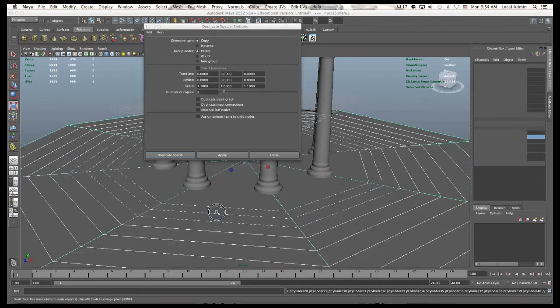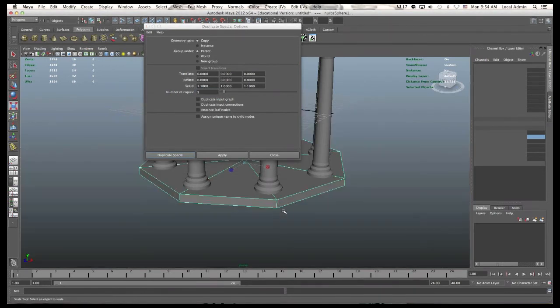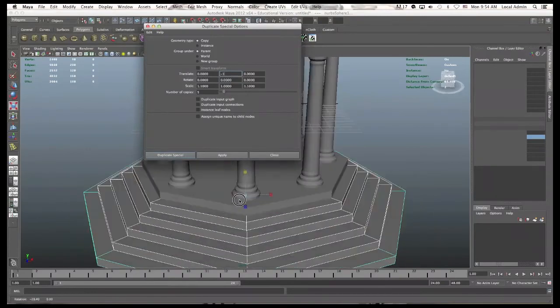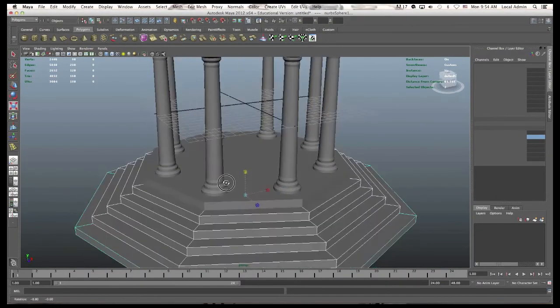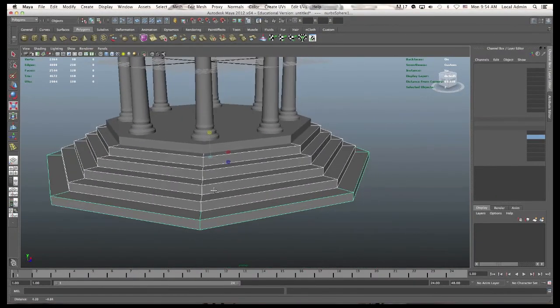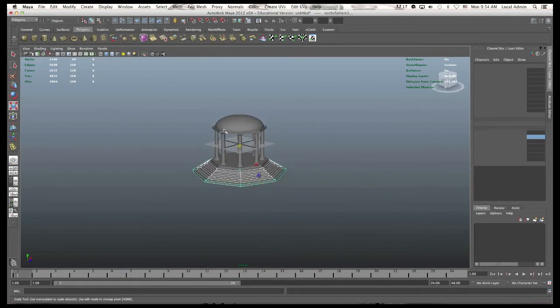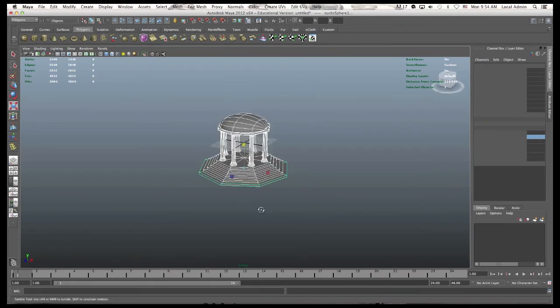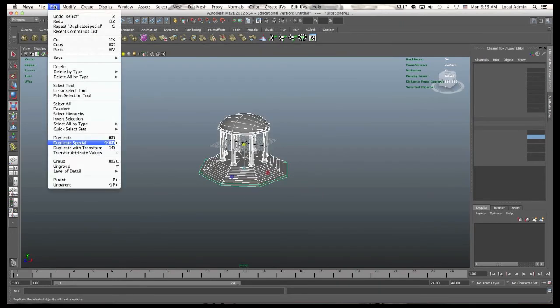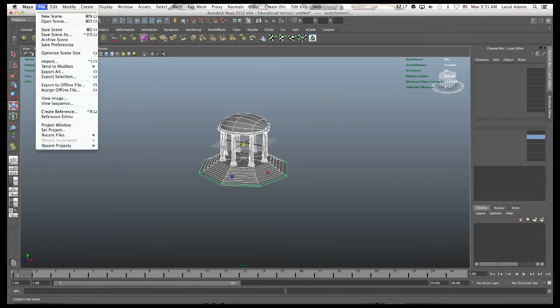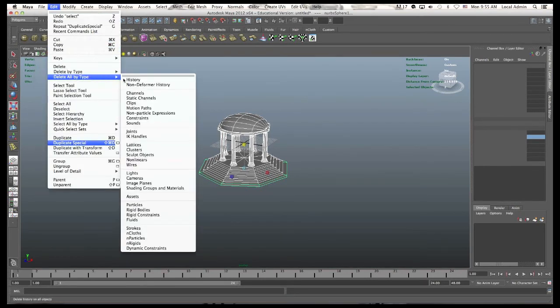Forgot something important here. Forgot to add the -1 in the Y direction. Duplicate Special, and it creates those guys for me. Now I have a bunch of steps leading up to that building, and I'm going to take all of those items that I have here and hit Edit, Delete All by Type, History,